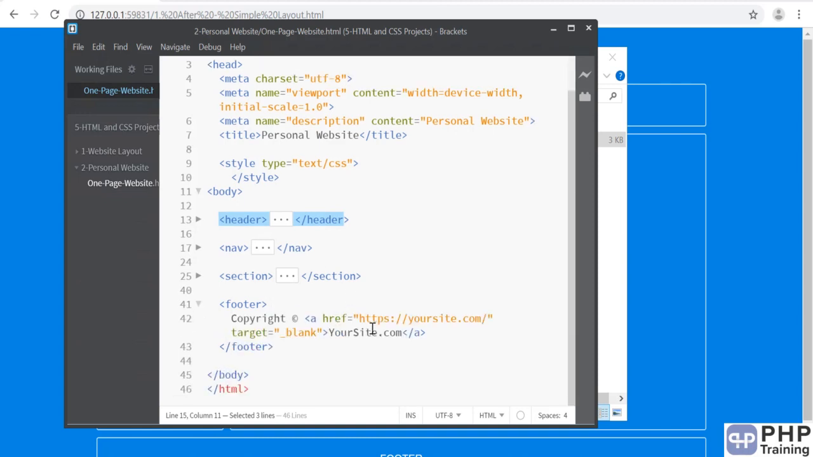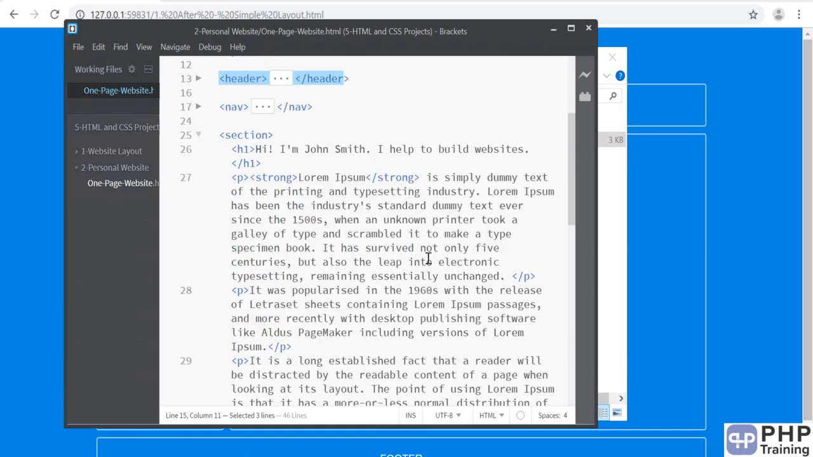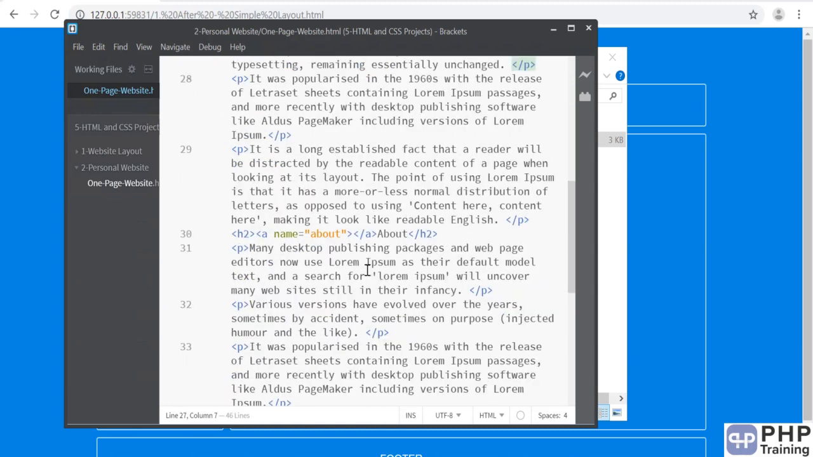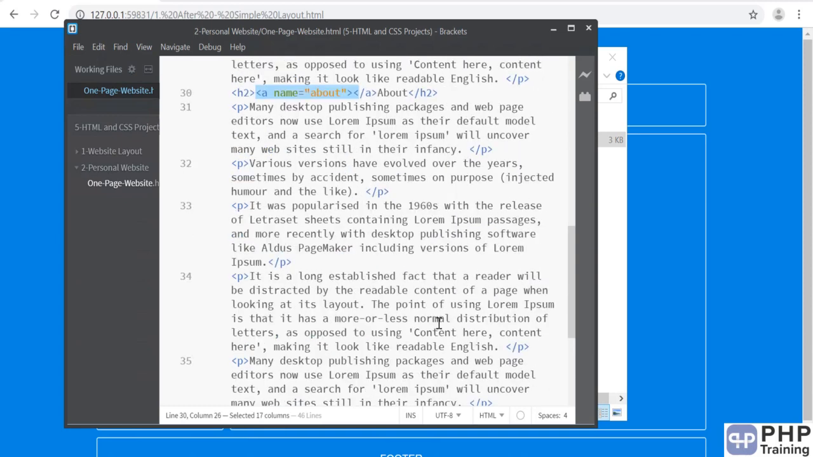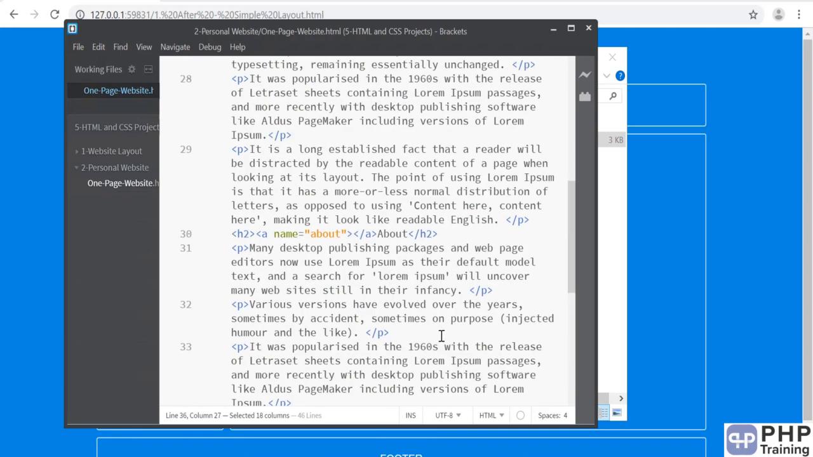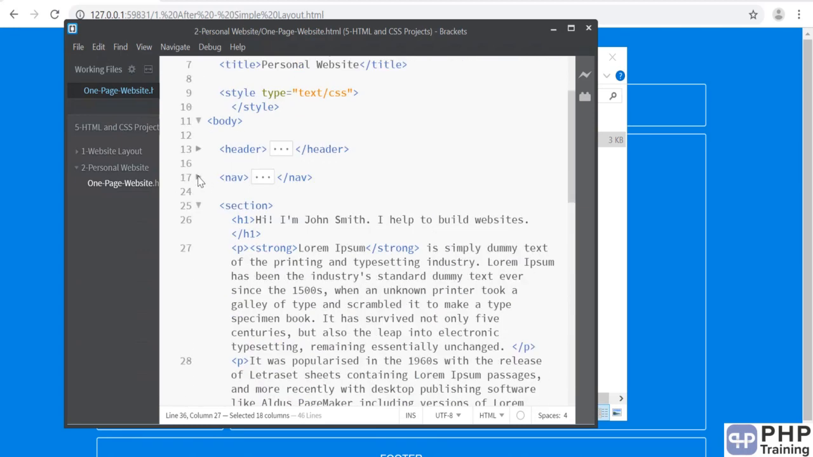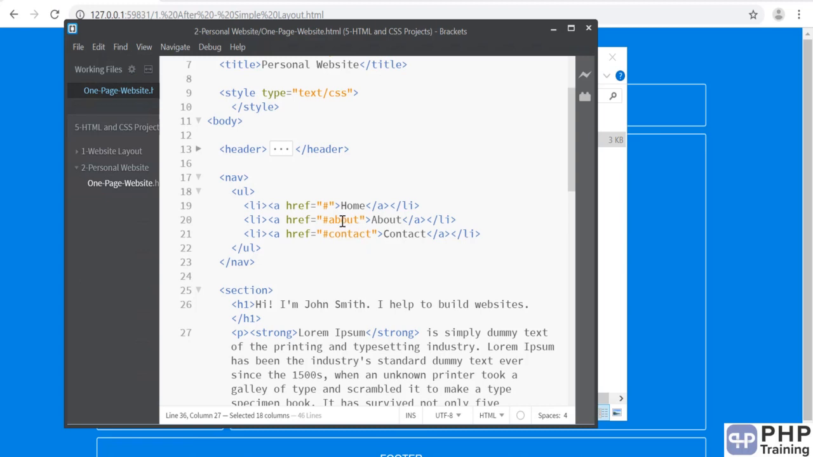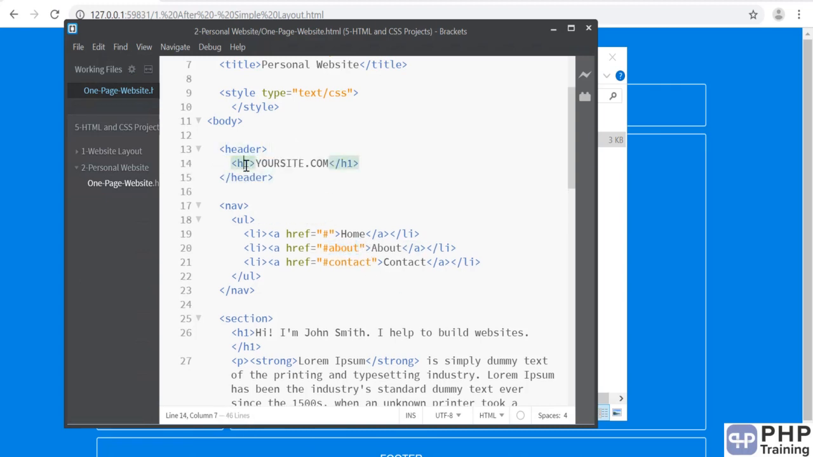In the footer, you have this link. You can have copyrights and link. In section, you have these details about you, where you have h1 tag and p tag talking about you, and then you have some anchor tags as well. See, there's an anchor tag, so you can jump to this anchor tag, right? A tag, name, and then at the navigation you are jumping onto that anchor tag. Okay, we'll look into it. And at the header you have your site name. Okay, let's open this file,